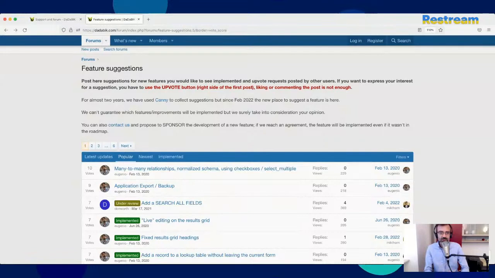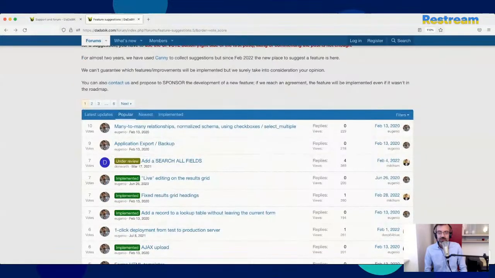So this is the only place you should use to suggest features. You can send an email, but then please add your suggestion here. And before, you should search if the suggestion is already there. In that case, you just have to vote for the suggestion.